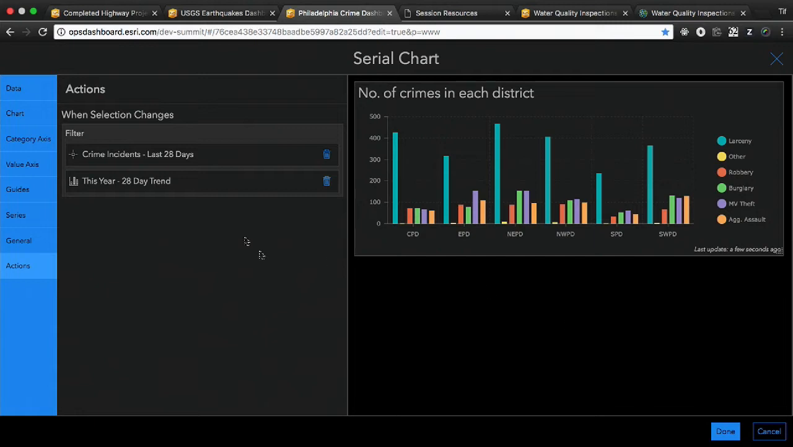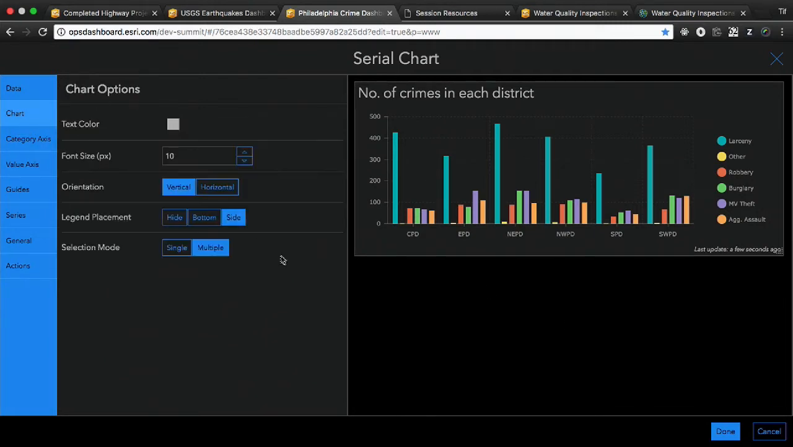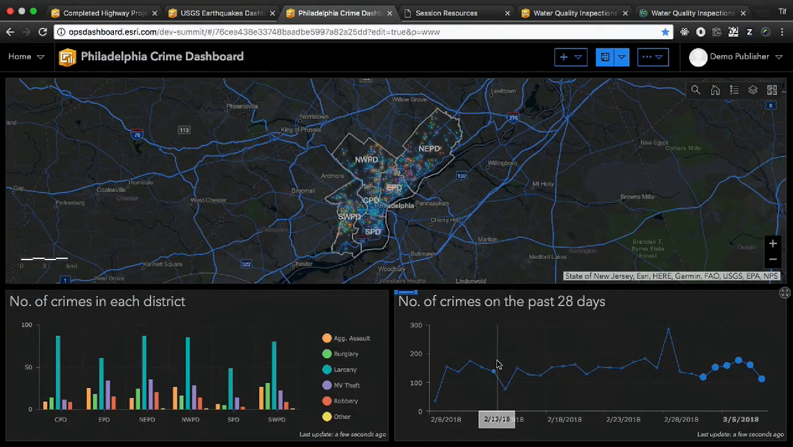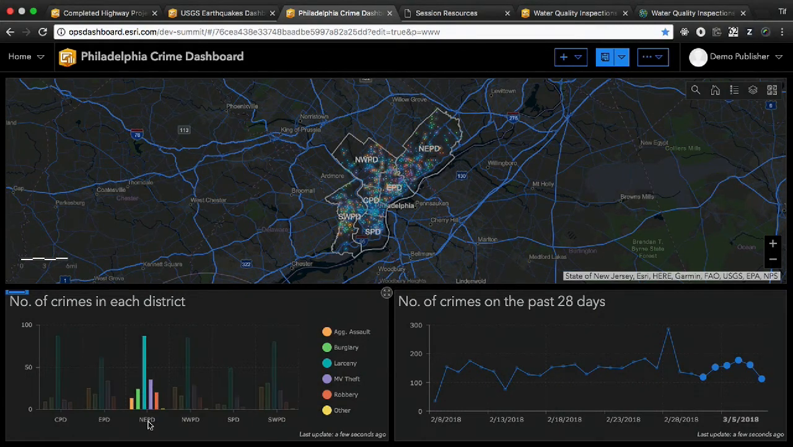One thing I did not mention, which I want to bring up now, is the fact that on the chart tab, we have added a new option so that it will support a single selection mode or multiple selection mode. I'll show it to you in a second. I'll leave it as multiple for now. And when I click Done to finish the configuration, I still have that same date filter on my line chart. But now, when I click on one of the police districts, basically the label at the bottom of the chart,